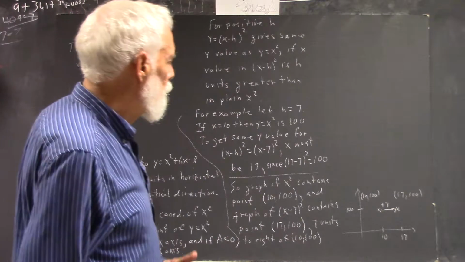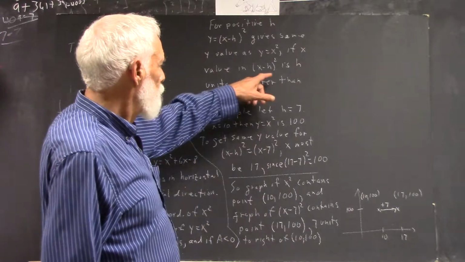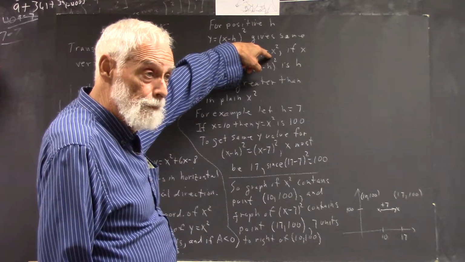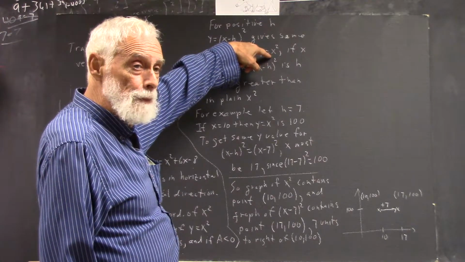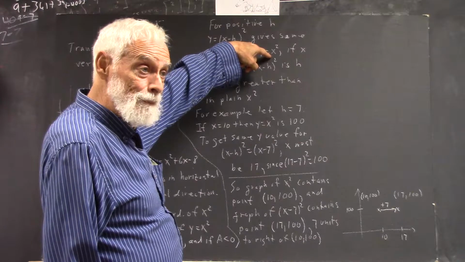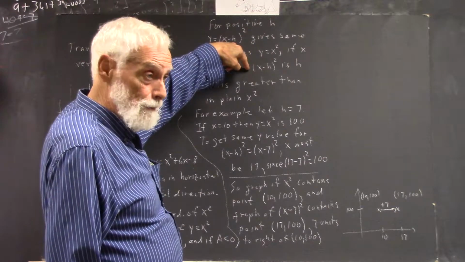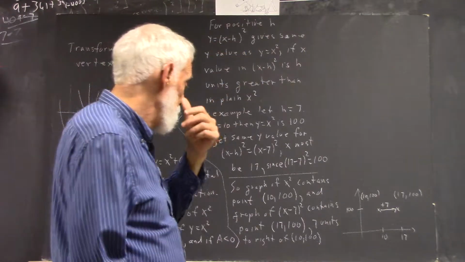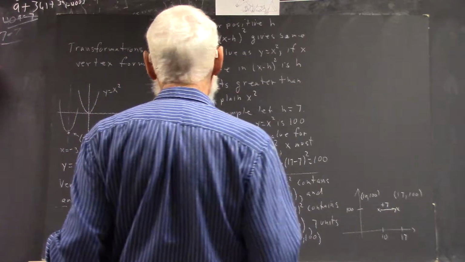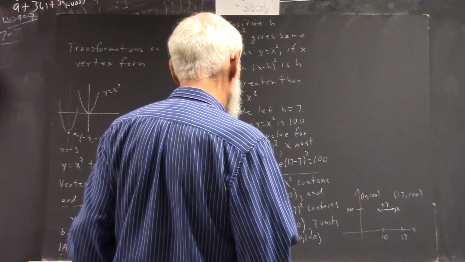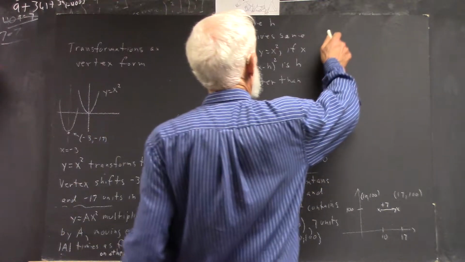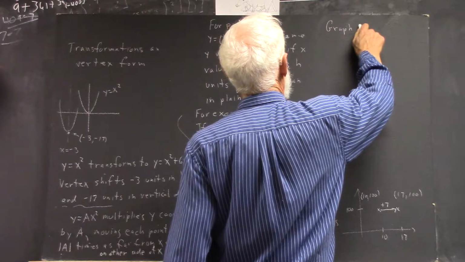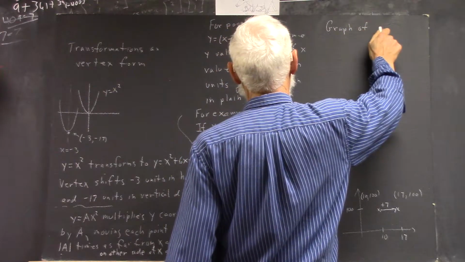And that's true for any point, any value you want to put in for x in the x squared function has to be 7 units greater in order to get the same value in the x minus 7 squared function. Okay? So, I don't want to go too much further with this because it's not easy to understand, but the graph of